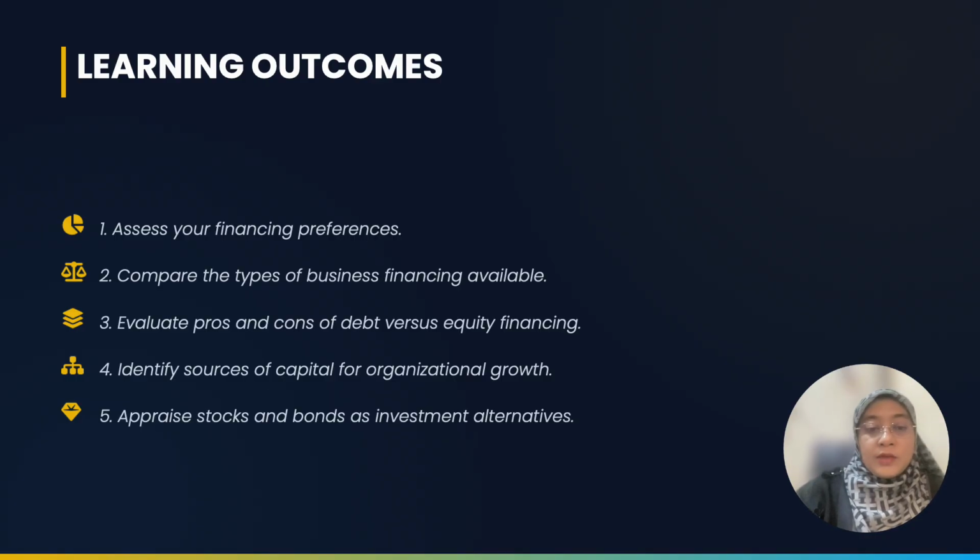First and foremost, at the end of this course, students should be able to assess your personal financing preferences and risk profile. The second one is compare the fundamental types of business financing available. The third one is evaluate the structural pros and cons of debt versus equity. The next one is identify strategic sources of capital for organizational growth. And finally, appraise stock and bond as an institutional investment